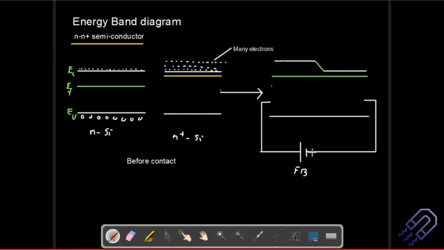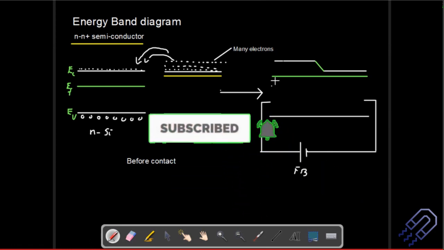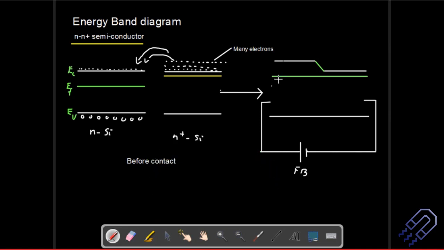So when we apply a forward bias, this is the negative part, and this is connected, let's say, to the negative part. So if we are applying a forward bias here, the electrons rather will start flowing from this end to the other end. So think about it in terms of a junction transistor that we talked about, and then this will keep flowing unless the electrons that are present are the same in both cases. So you have electrons here, and then